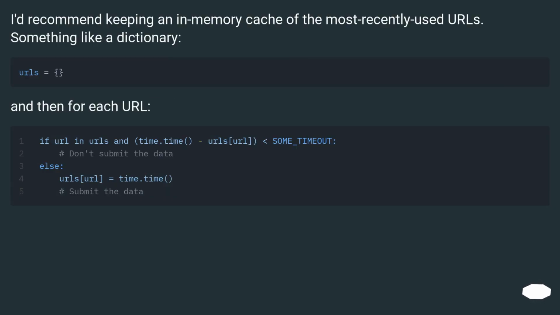I'd recommend keeping an in-memory cache of the most recently used URLs. Something like a dictionary. And then for each URL,